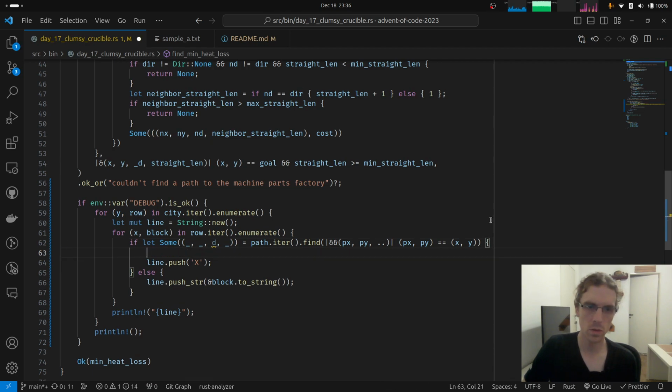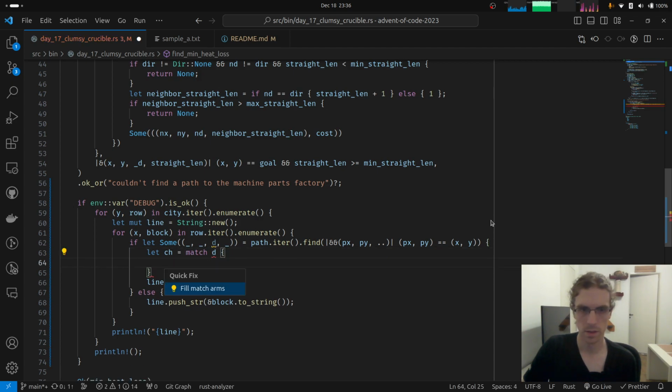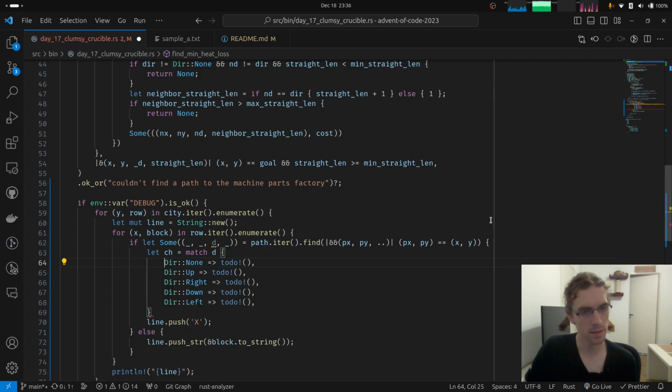So we're going to have a character, let's say character b, and match this direction. The good part about having an enum for directions is this kind of thing.